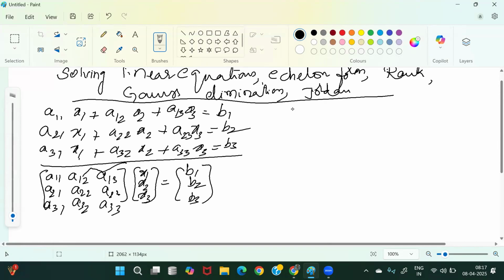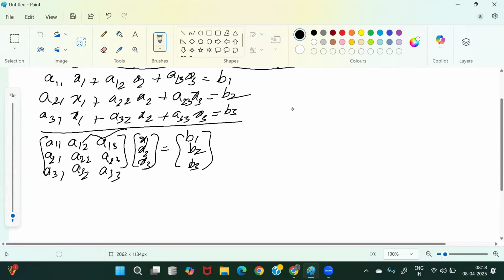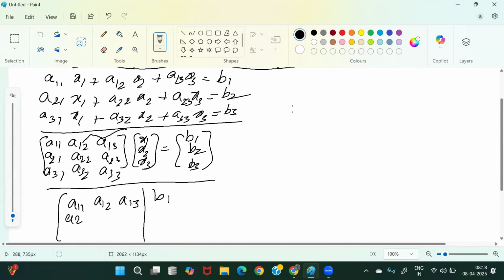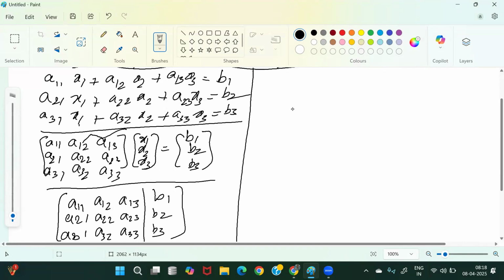Now let us represent them as an augmented matrix. a11, a12, a13, b1; a21, a22, a23, b2; a31, a32, a33, and b3. Next is to remove a21 from the second row and remove a31 from the third. The steps are: